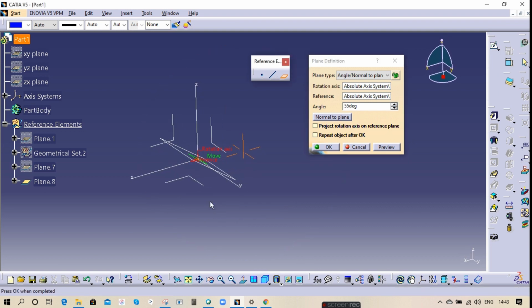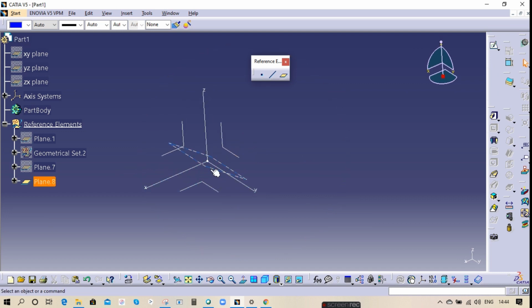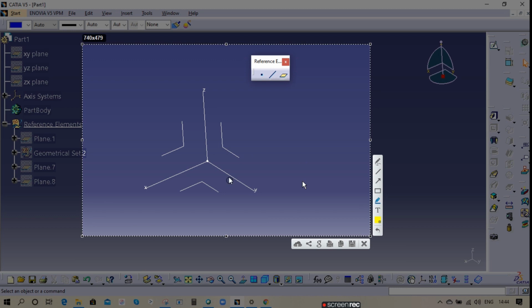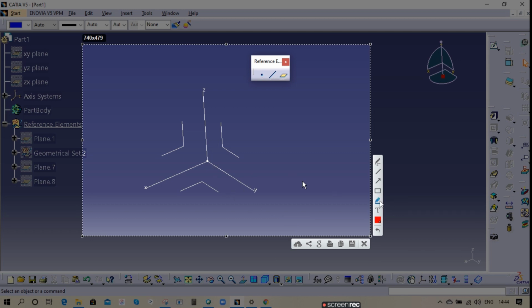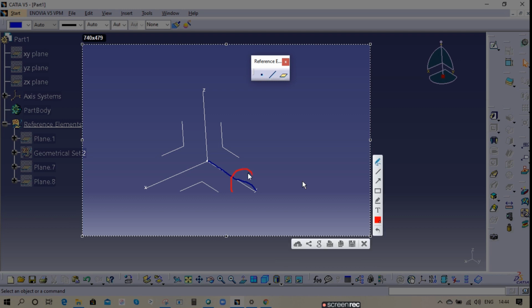I'll tell you very clearly. If I select this as my rotation axis, my rotation will be in this direction or in this direction, both plus and minus.